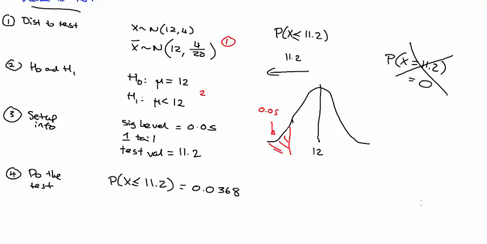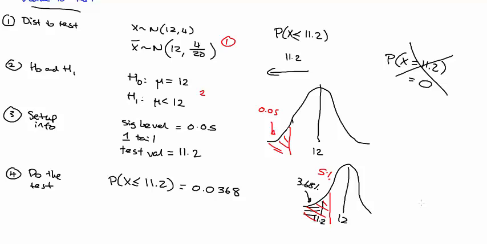What we're saying here is we found out if we put 11.12 here, the probability is like 3.68%. Well, obviously, can you see that's going to fall inside? Does it fall inside the initial 5%? Well, of course it does, because it's in the lower 3.68%, and if it's in the lowest 5%,